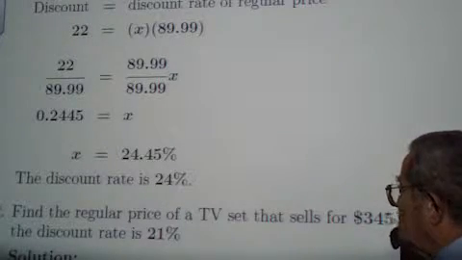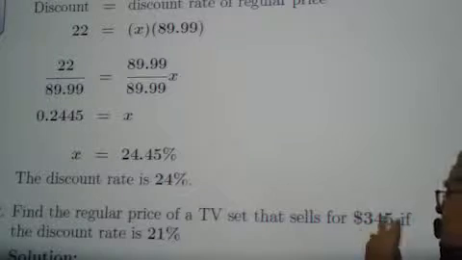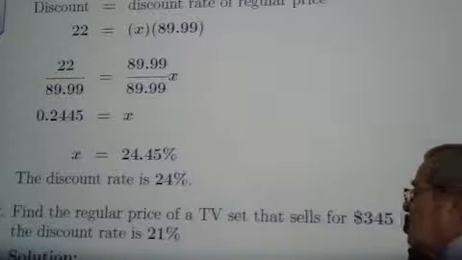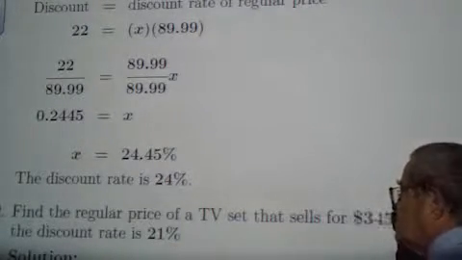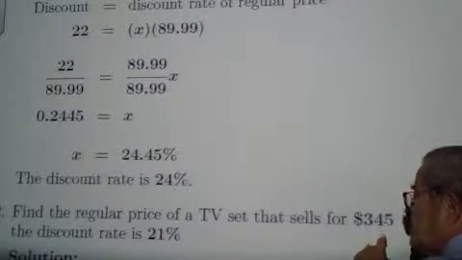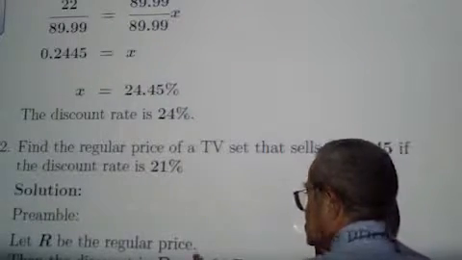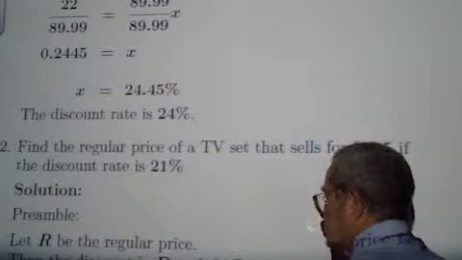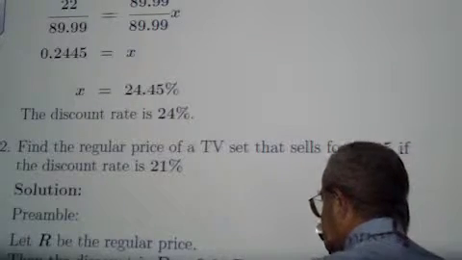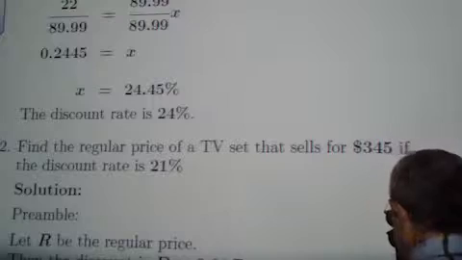In 12, we wanted to find the regular price of a TV set that sells for $345 with a discount rate of 21%. So sales price $345, discount rate 0.21. Let R be the regular price, which we want to find. The discount is 21% of the regular price, which is,